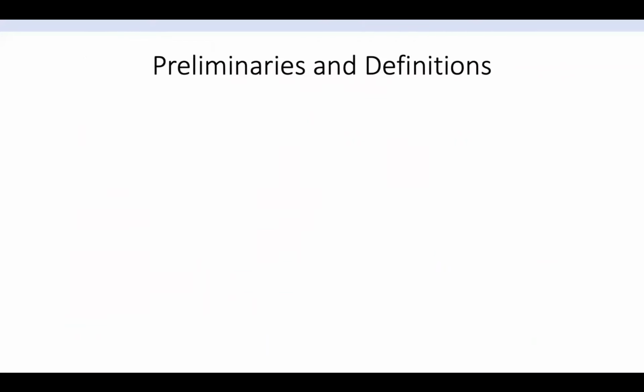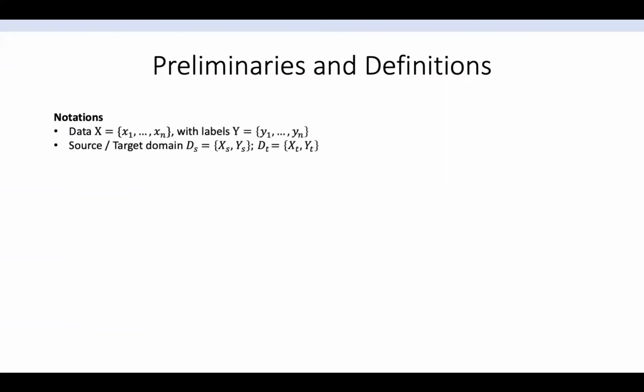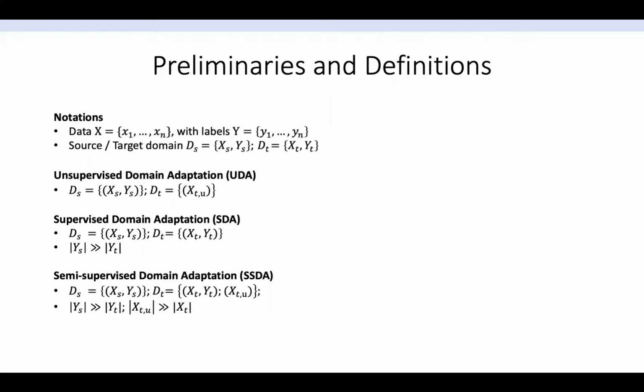Here, I'd like to mention the notations and goals of our work. In domain adaptation, 3 frameworks are mainly studied. Unsupervised domain adaptation, short for UDA, applies to cases where no annotations are available in the target domain. Supervised domain adaptation, short for SDA, is applied when limited labeled target data are available. And in semi-supervised domain adaptation, short for SSDA, in addition to a small amount of labeled target data, a big chunk of unlabeled data is available.